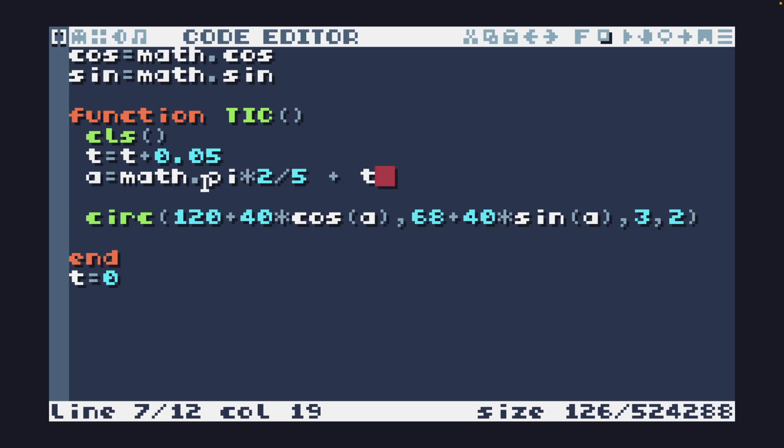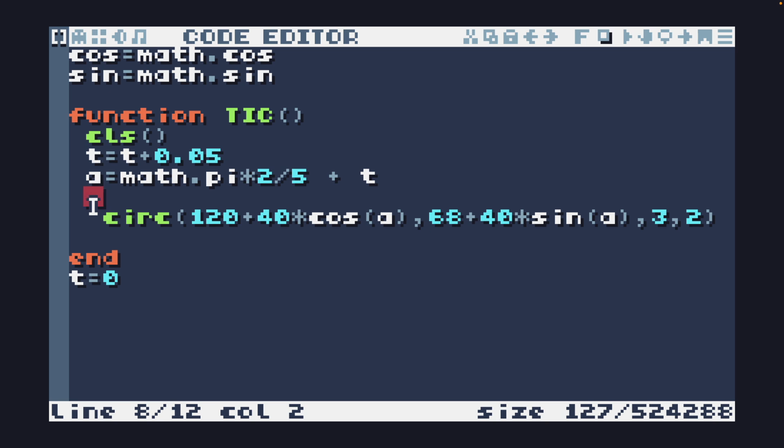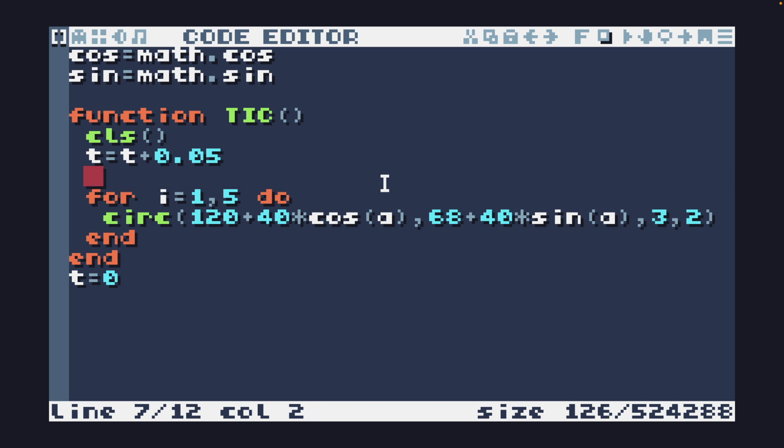No problem, but this time it's not starting from angle 0, as it was the first time. It's starting from 1/5 of a revolution. So now that we have this, we want to figure out how to actually do R5, and that's simple enough. For I equal 1 to 5, what we need to do here is we have our angle A that we were using to create that. I'm going to bring this down inside